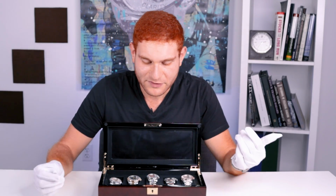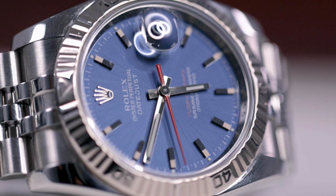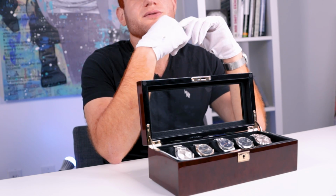It is in stainless steel. It has this kind of polished bezel. And yeah, it's an interesting watch for the simple fact that a lot of collectors now are leaning towards the 41mm size, while the purist enthusiasts are still like that 36. So this is interesting because it's like a Submariner and Datejust mashup, and